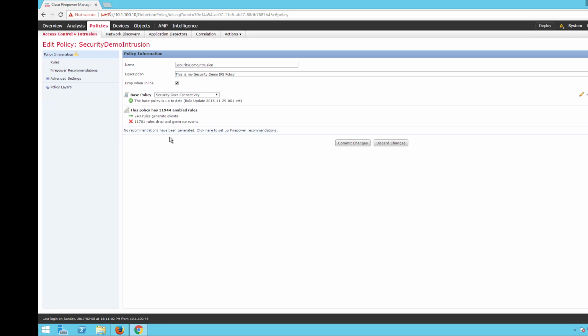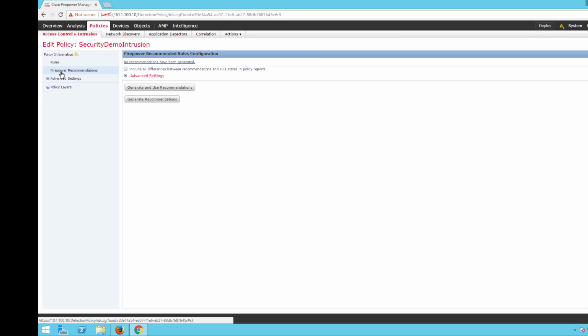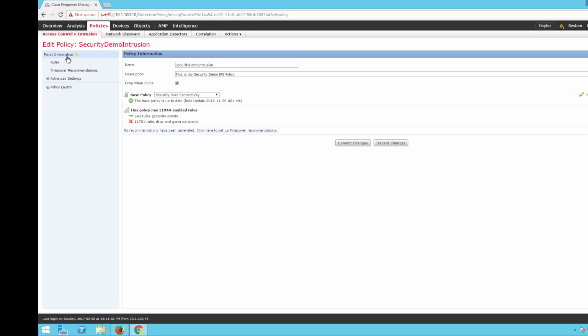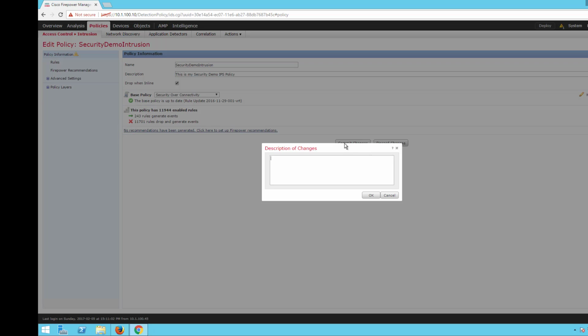So if you decide to turn off a rule in a policy layer above the base, that's the one that takes effect, not the base policy. So it's kind of hierarchical in that sense. Now the Firepower recommendations, these are based on the kind of traffic it sees, and we'll show this more once it starts seeing traffic. But it's a cool way to detect the kind of applications, hosts, and other things that are on your network. So it applies or recommends rules for you